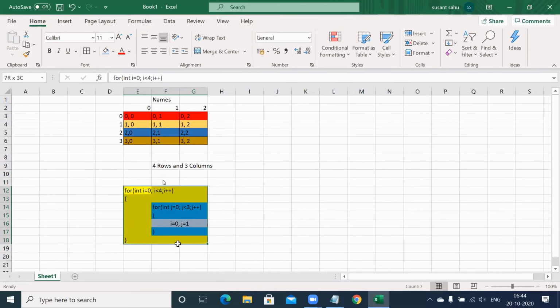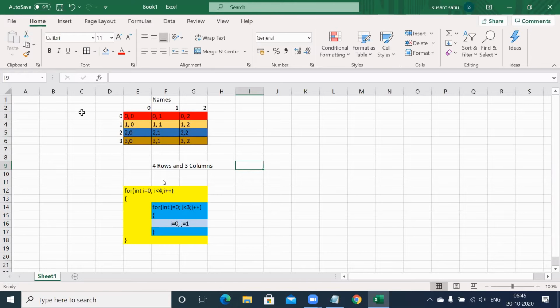By providing this nested loop, one inside another, whether we are able to fulfill this requirement. So our requirement is to enter some 12 data inside it. Why 12 data? Because 4 rows and 3 columns. Similarly, if it will be 3 rows, 3 columns, it will be 9 data. If it will be 2 rows, 2 columns, it will be 4 data, and so on. So in our example, there are 4 rows and 3 columns. That's why a total of 12 data will be entered into this.